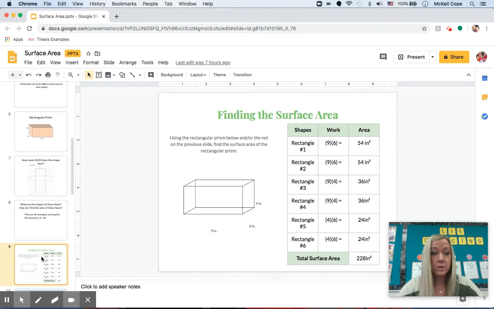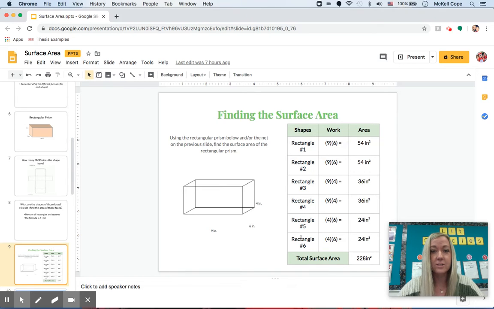So let's go to this rectangular prism right here. So knowing those 3 questions, how many faces does it have? What are the shapes of those faces? And how do I find the area of those faces? Well, a rectangular prism only has one formula that we have to worry about, which is base times height or length times width. So here, if we have every single face, that means we have 6 areas that we have to find. But just like I mentioned before, we have 6